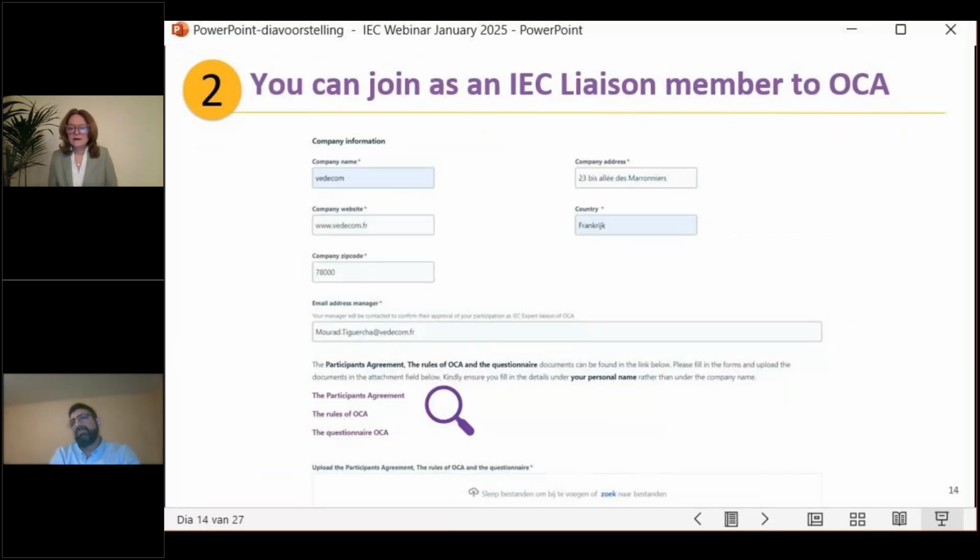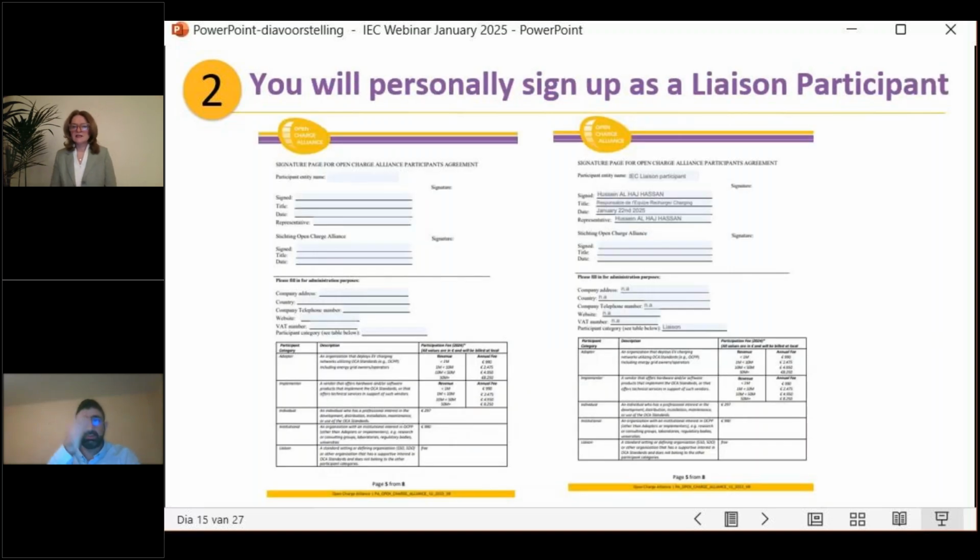Then there are 3 documents that you would need to sign: the participants agreement, the rules, and the questionnaire. I will first explain the participants agreement. This is the standard agreement that every OCA member signs, and in your case, you would only fill in your own name, Hussein Hassan, and the company, of course, not applicable because you are not joining on behalf of your company. You are joining as a liaison participant on behalf of your